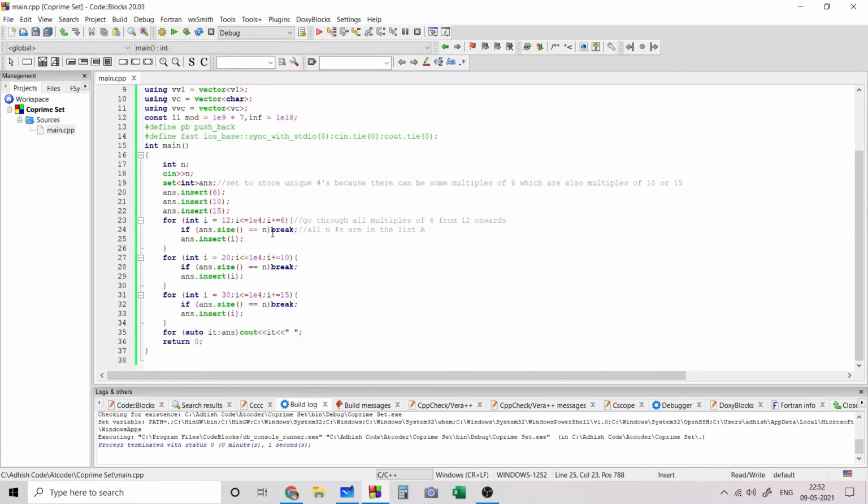Otherwise we insert i and increment i by 6, and we continue while i is less than 10^4. Similarly, we loop through all multiples of 10 starting from 20, incrementing by 10, and if the size is n we break, and similarly we do for all multiples of 15. In the end we just output all the elements in our set.